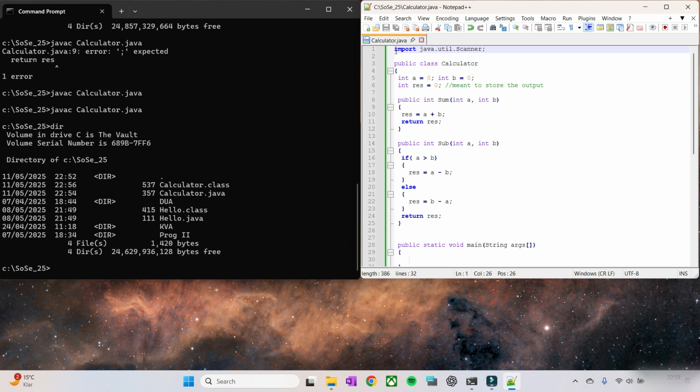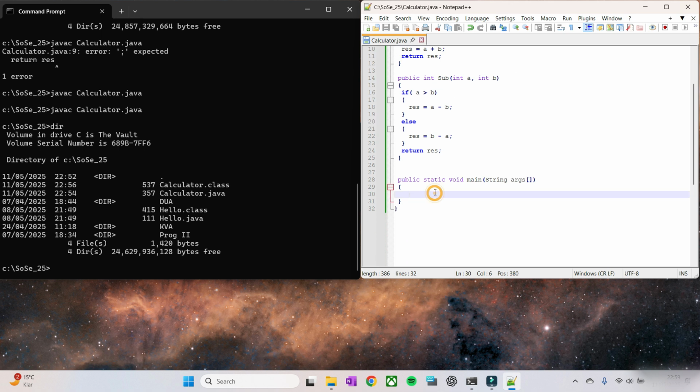And if you want to use it, you just write import java.util.Scanner. Okay, so now we're going to use this scanner to take in inputs from the user. So let's actually tell the user first that he or she needs to enter something for the program to work. So we go